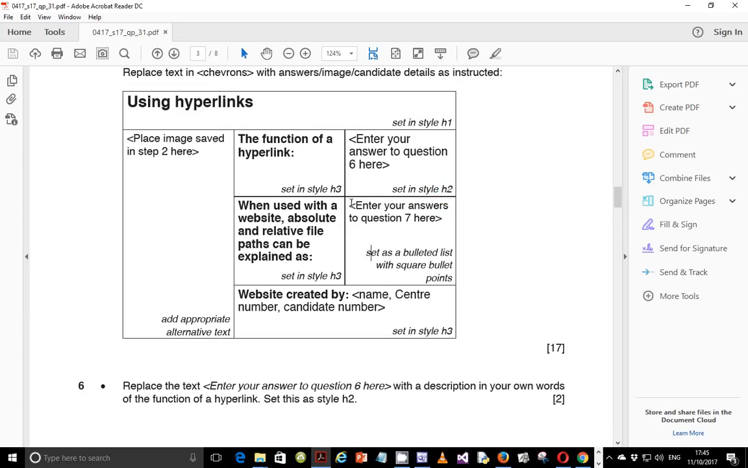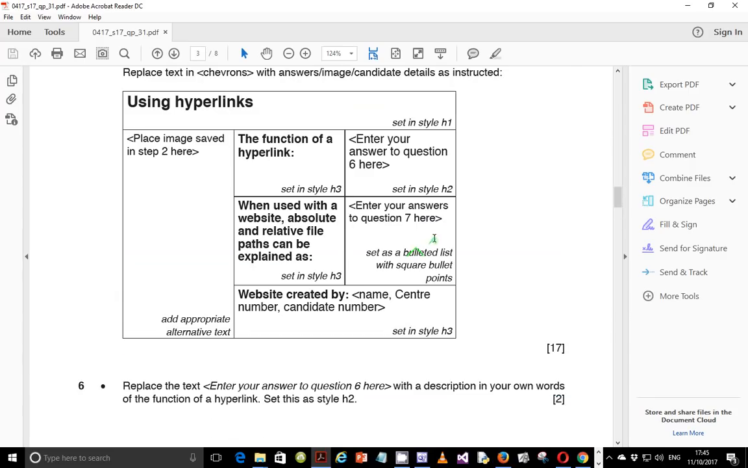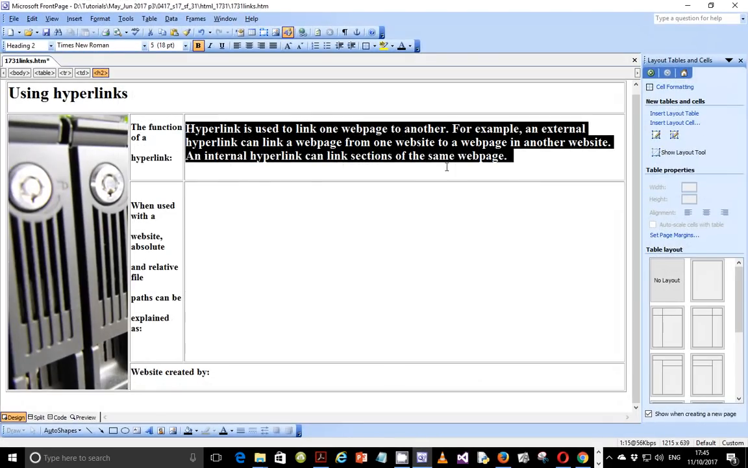Okay, so next step, enter your answers to question 7 here. Now go to question 7. Question 7 says replace the text, enter your answers to question 7 here, with a bulleted list in your own words of 3 or more items explaining the terms relative file path and absolute file path. Okay, and you're going to format this as style. Well, this one hasn't been specified, so it's just going to be set as a bulleted list with square bullets. Okay, so we are not actually told to put this one in a style. Okay, so now we need to explain the difference between relative file path and